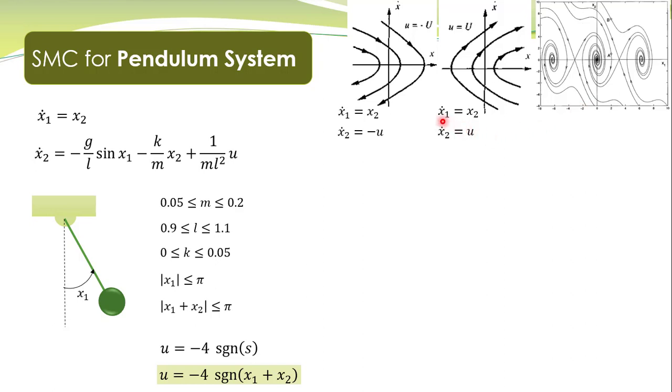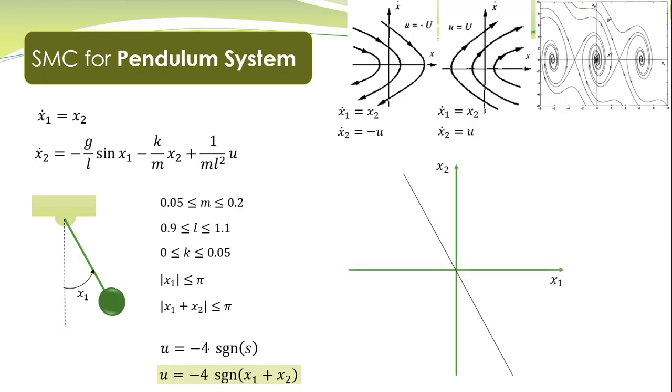One system is described over here, x1 dot equal to x2 and x2 dot is equal to u. For this particular system, the phase portraits are described over here, and here is another system, x1 dot equal to x2 and x2 dot is equal to minus u. For this particular system, here are the phase portraits, and we use these phase portraits to explain the concept of